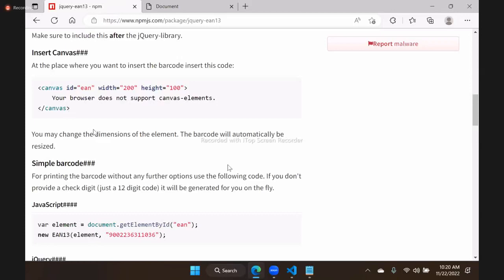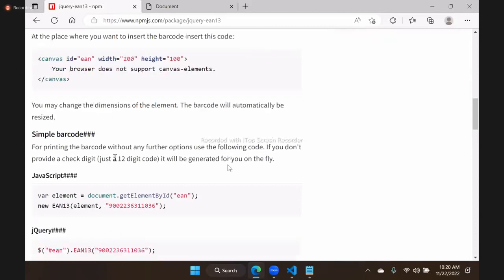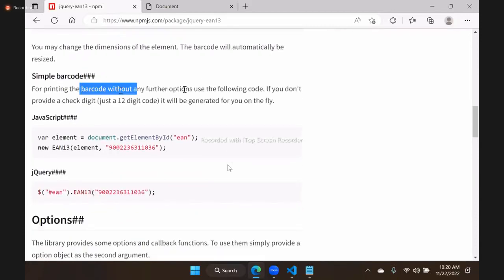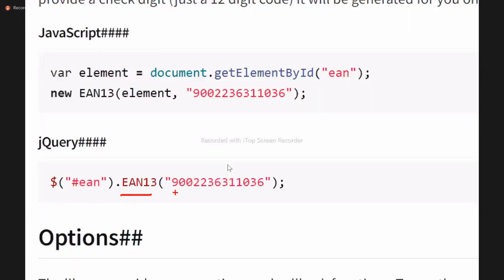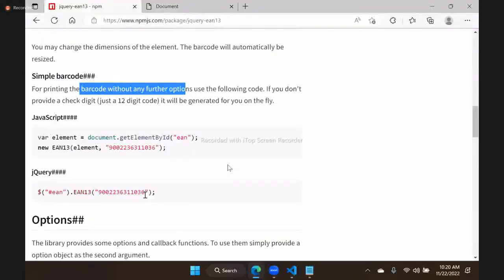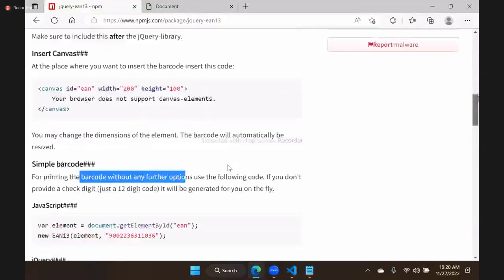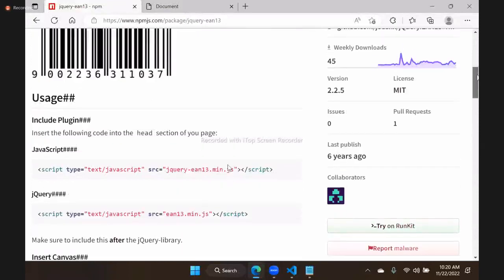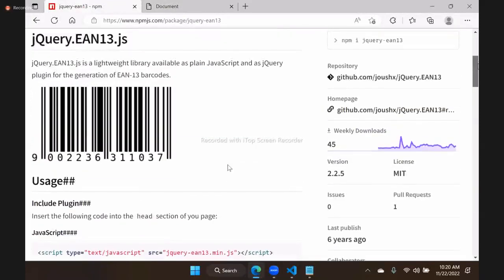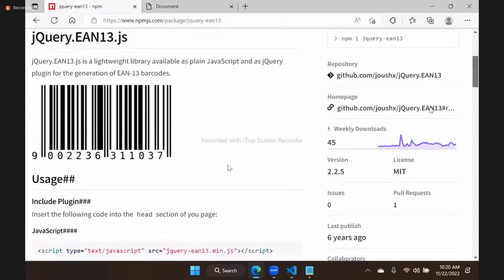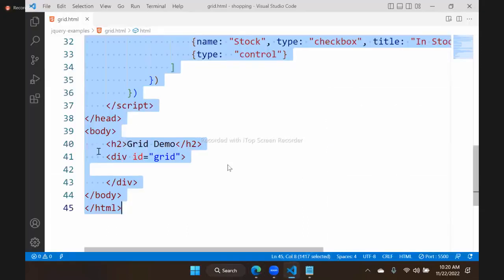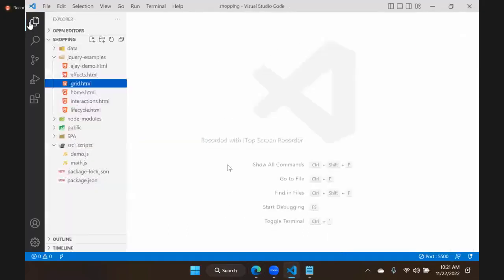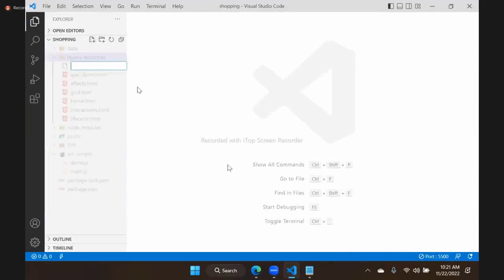Okay. Now see here, you see simple barcode. For printing a barcode, you have to use this logic in jQuery: EAN and some number. Let's try this. First important is, where is it? So I will put a photo here. Let's say example